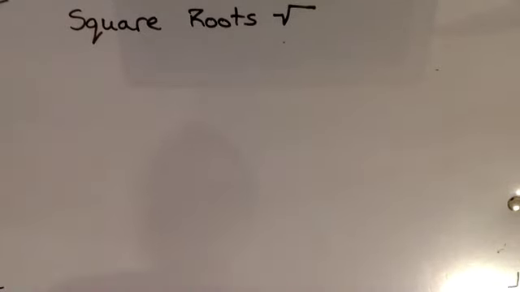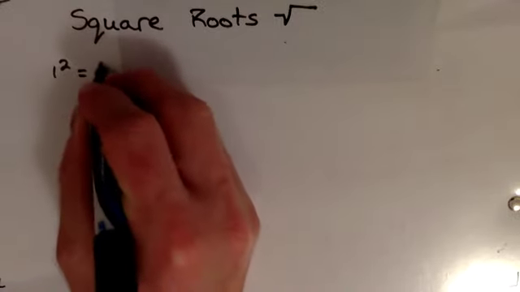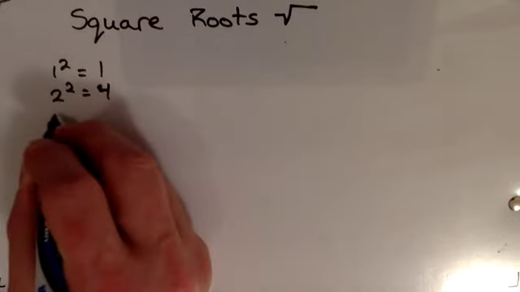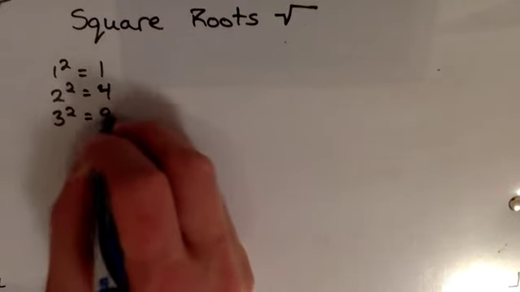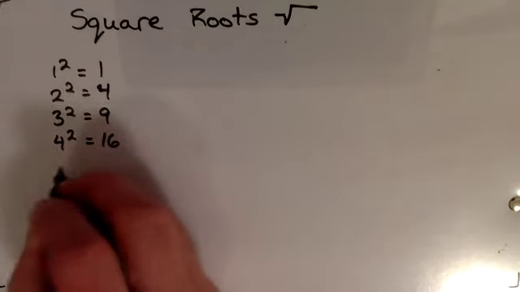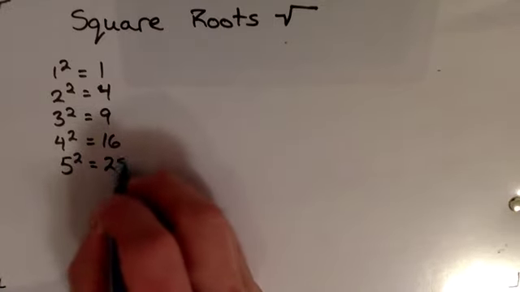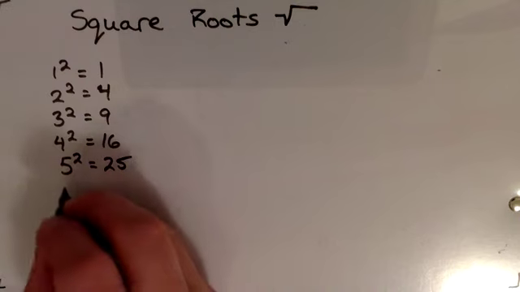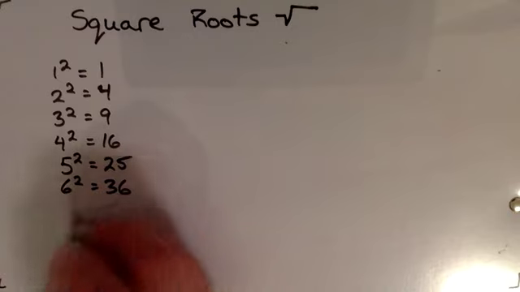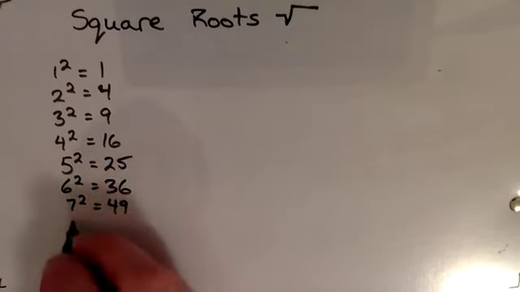So let's look at all of our squares. I'll write down the ones that we already had before. So 1 squared is 1, 2 squared is 4, 3 squared is 9, 4 squared is 16. Now 5 squared, 5 times 5, is 25. And you could do this with the blocks if you want, but I can tell you what it is very quickly. 6 squared is 36. 7 squared is 49. 8 squared